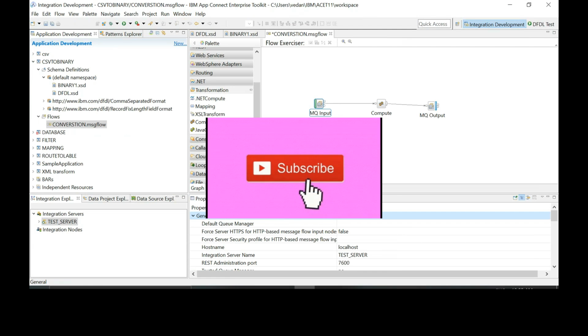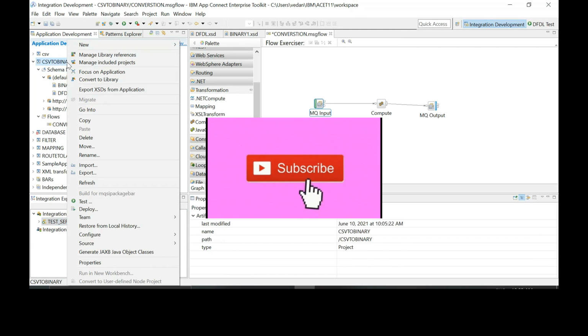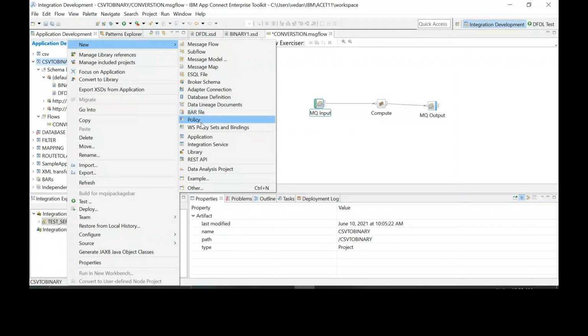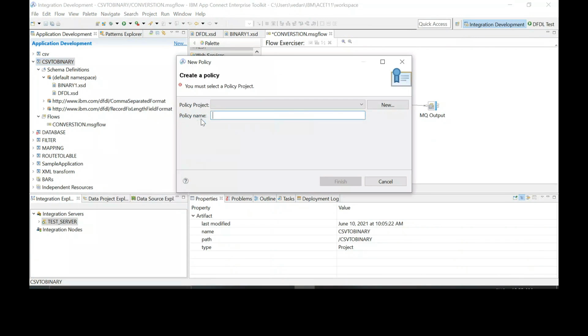Right click on convert to binary application and say new MQ policy. Create a new policy project.